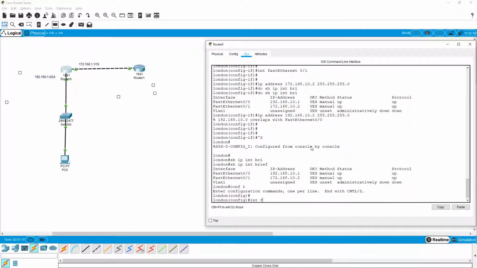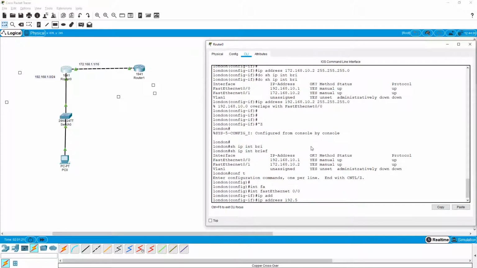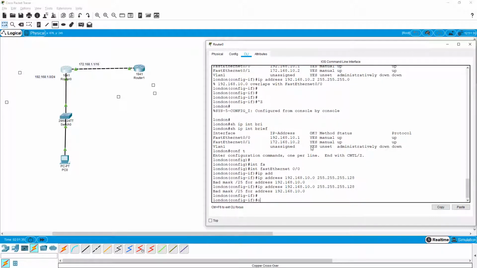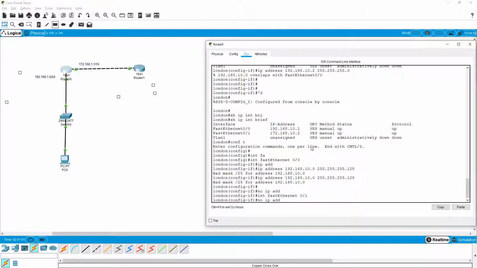Interface F0/0, let's say I'm saying no IP address. I'm removing the IP. And on F0/1, I'm also saying no IP.